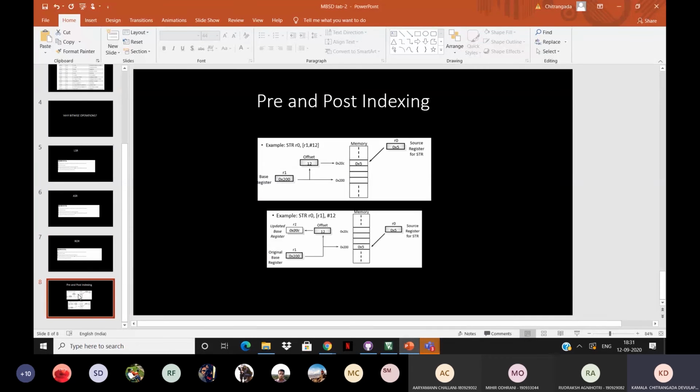And one more topic we'll be touching upon, the last one, is pre and post indexing. It's basically memory access commands, and don't worry too much about it. I'll show a code in which you're accessing the memory points right after this, so then it'll be clear.